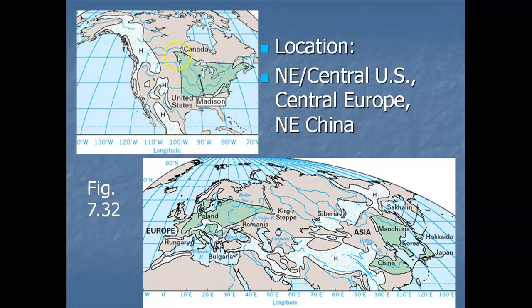Major world locations on the two northern hemisphere continents, north central, northeast U.S. In the westerly winds, the continent is really going to dominate temperatures, heating and cooling. Now, you're also going to find this in Eurasia, in the interior a bit, in Poland, Germany, into Russia. Then another major world location is northeast China.